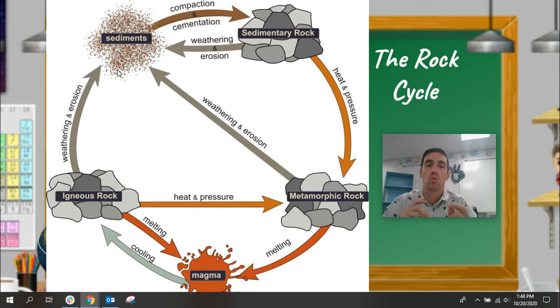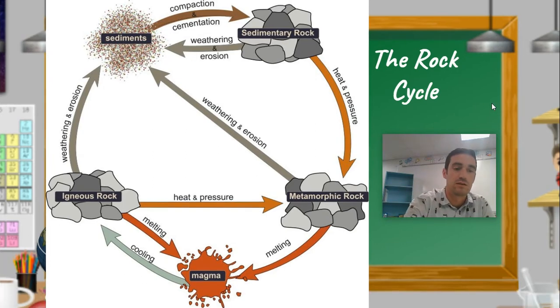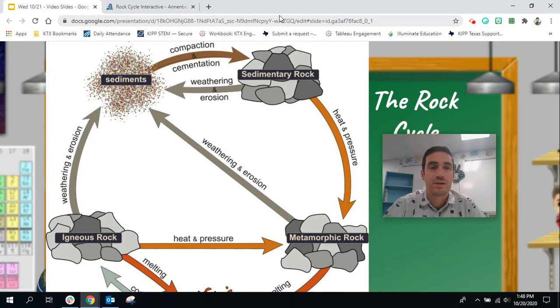So if you can remember what is forming what, filling out these rock cycles can actually be pretty simple, and it might help you to look at these as a reminder of what process is forming what material or what type of rock. What we're going to be looking at today for most of class is actually an interactive